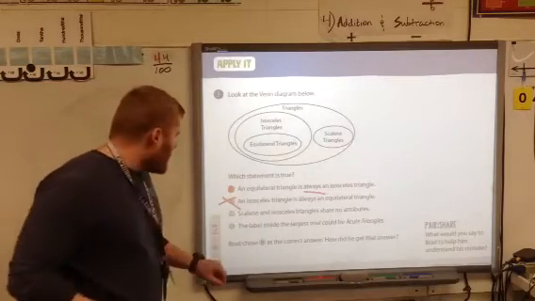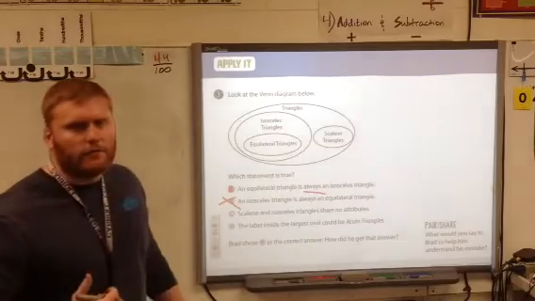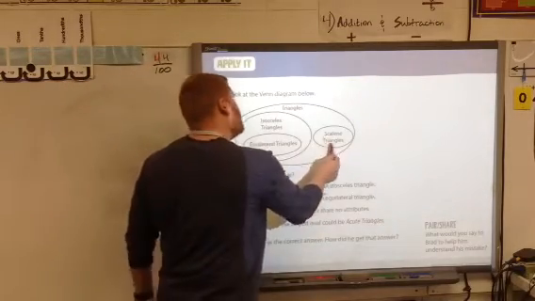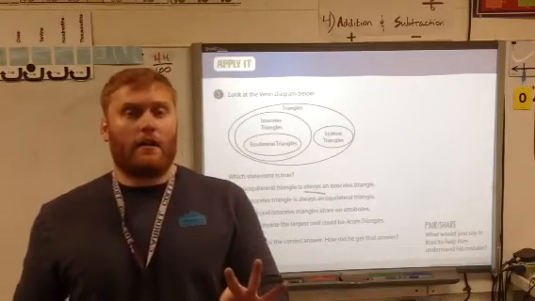Scalene and isosceles triangles share no attributes. Well, that's not true. Although a scalene is three-sided figure that